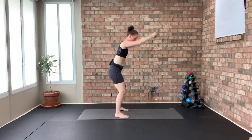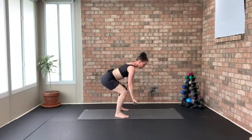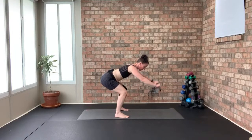Hold it down. Get the bar as far down as you can. I'm hinging from my hips, forward flexion. Lift your toes. Lift your toes. Sit back in your glutes and your hamstrings. Now, while you're here, take the bar to your